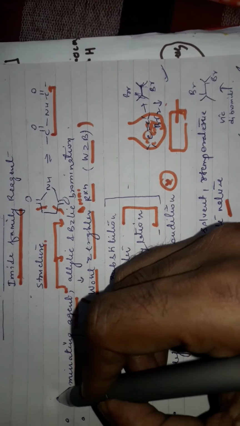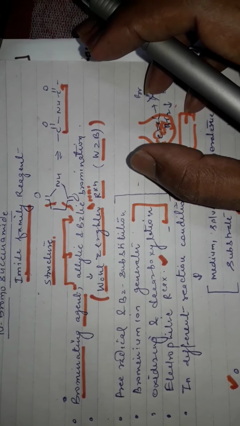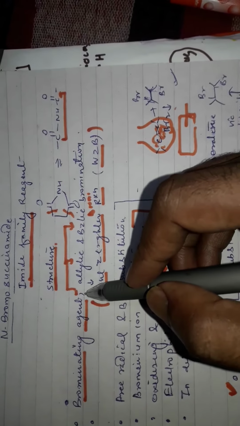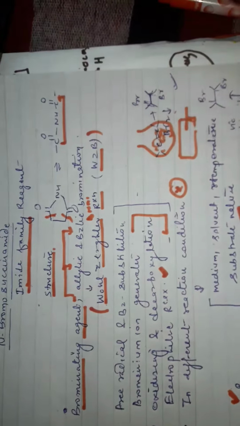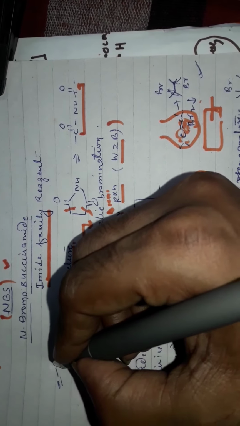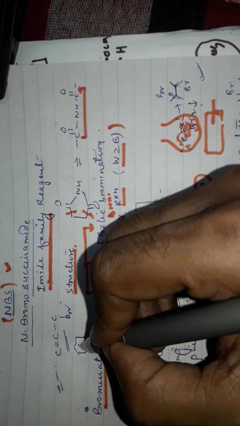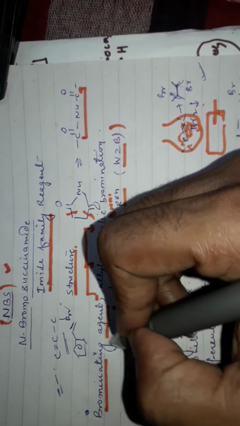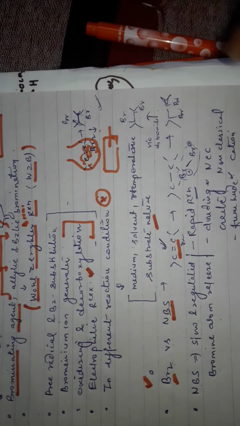It is largely used as a brominating agent in allylic and benzylic bromination, meaning a brominating agent in two situations, allylic and benzylic conditions. You all know what the allylic position is, so suppose it is this one, like that, and the benzylic position is this one. These are the common basic and important points, and in the second video we will discuss the remaining part of it.